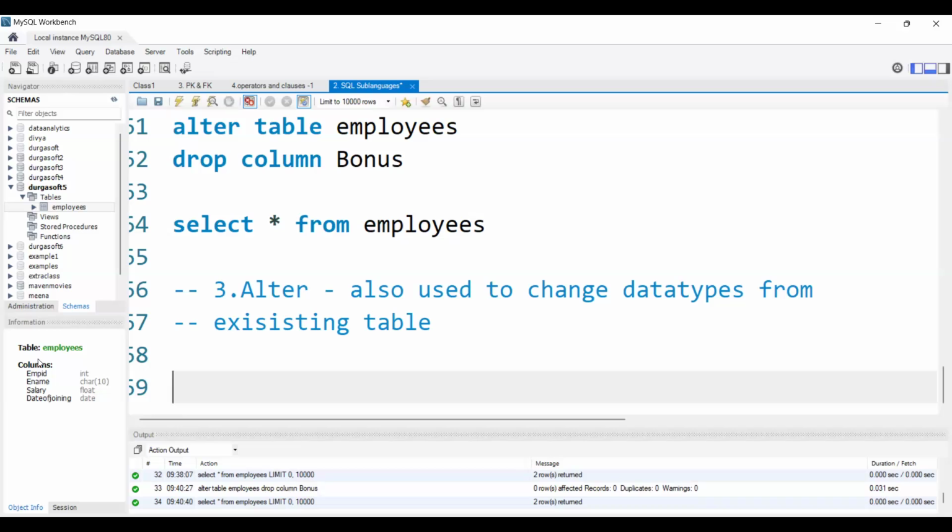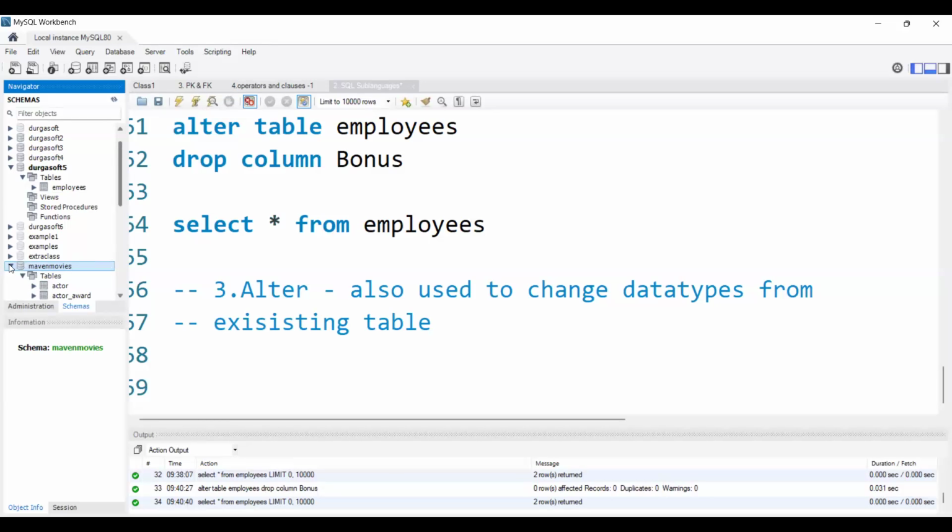In real time, many people will work on one project, right? Maybe in our project 3 or 4 members will work. Someone will create the table, someone will work on it, or else mostly as SQL developers, we will get the database ready. We will work on our client's database and we will get a ready-made database. Like going forward, I will show you a movies database. I will give you the complete database. In that database, we will have all the tables. Likewise in real time also, we will get the database, and inside the database we will already have all the tables of our clients. Mostly we won't create the tables.